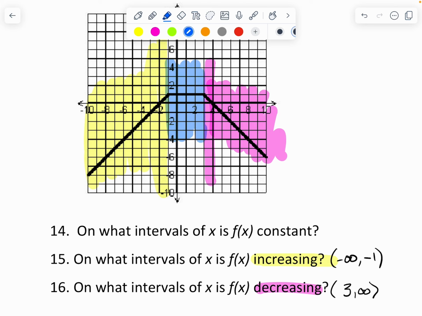Now we're looking at the constant portion of the graph. Well, that's right here when it's flat or has no slope. So we're looking at what those x values are. Well, that's from -1, right there is -1, all the way up until 3. So we're really only caring about that section of graph. So it's from -1